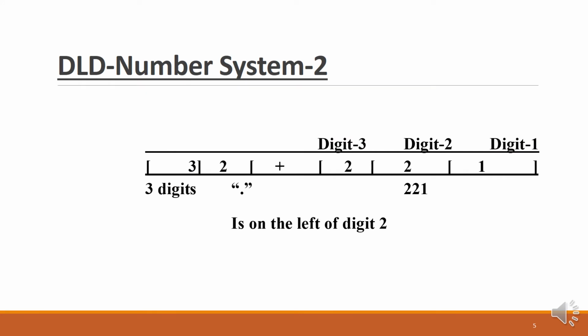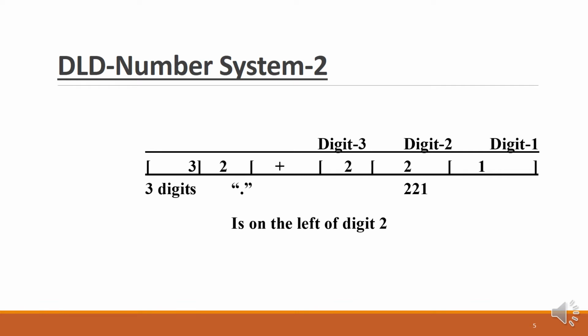as we said, the most significant field represents the number of digits in the BCD format. So 221 is basically the magnitude, and it is occupying 3 BCD locations, digit 1, digit 2, digit 3, and so this has got 3 digits, and we write down in the most significant field 3.